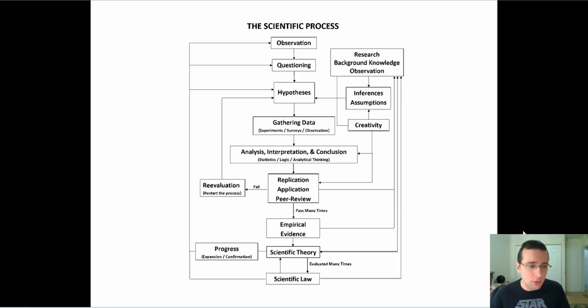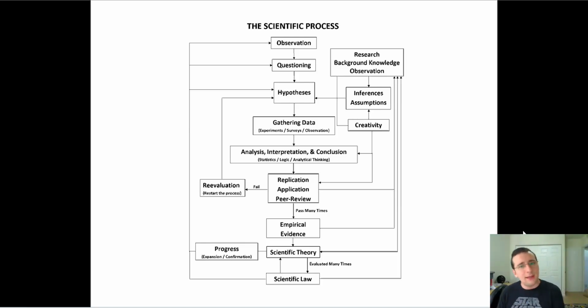If, in truth, the hypothesis failed, we have to reevaluate and start the process over. But if the hypothesis failed to be rejected, that means that the results could not disprove the hypothesis, which is what you really set out to do. You never set out to prove the hypothesis. You set out to try to disprove it. So you collect data with the mindset of, let's see if this is wrong. And if it's not, you can't say it's right. You can just say it's the best we've got right now.